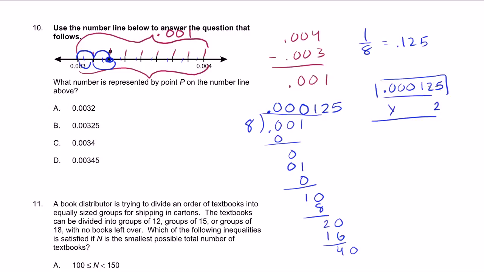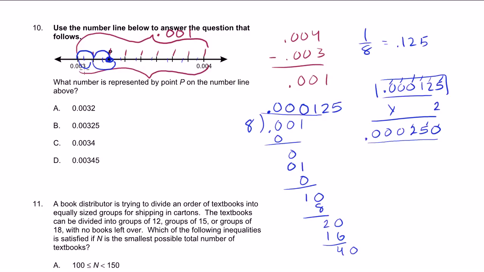You say 2 times 125 is 250, but we have 1, 2, 3, 4, 5, 6 numbers behind the decimal point. So 1, 2, 3, 4, 5, 6. We have to have 6 numbers behind the decimal point in our answer. So that's how much we move for above